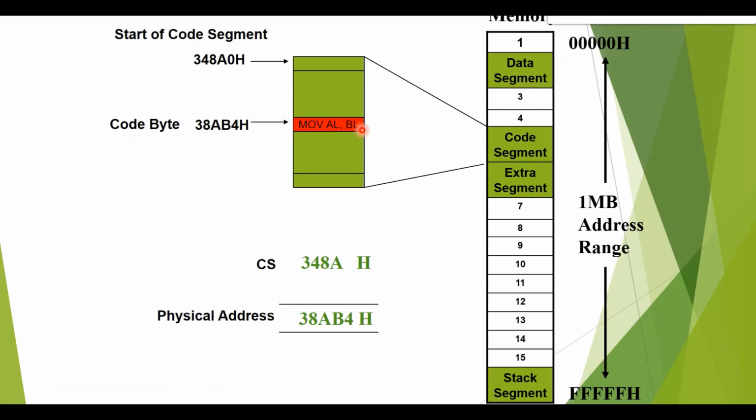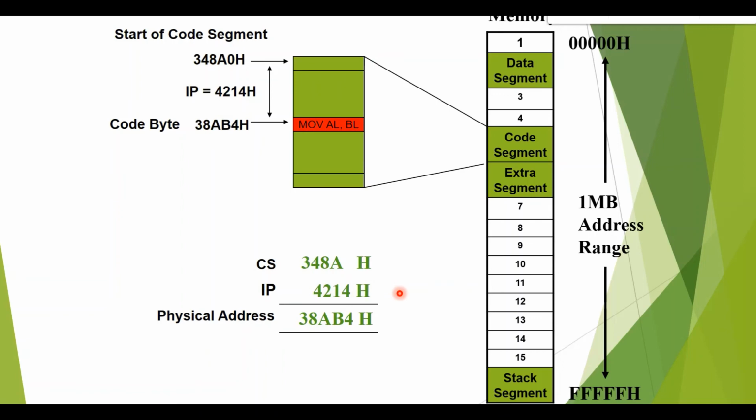Then how do we calculate the offset? We have the starting address, and we have to read the instruction from a memory location. So the difference between these two memory locations is known as the offset. Okay, the starting address is this, and the memory location from which we have to read the instruction is this, so the difference between the two is known as the offset, and this offset is stored in the instruction pointer. So we take the difference of the two, and this is stored in the instruction pointer. So this instruction pointer holds